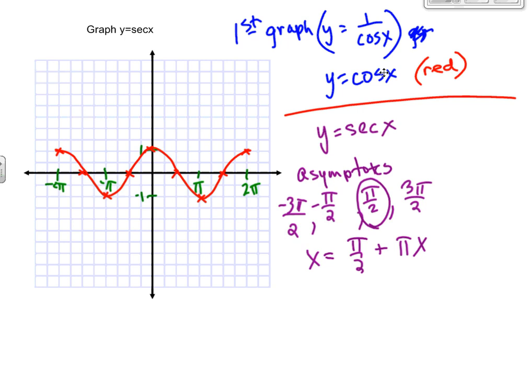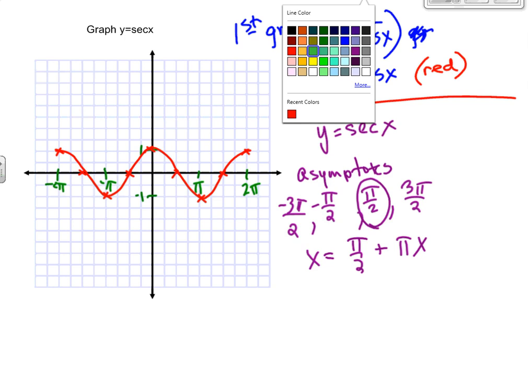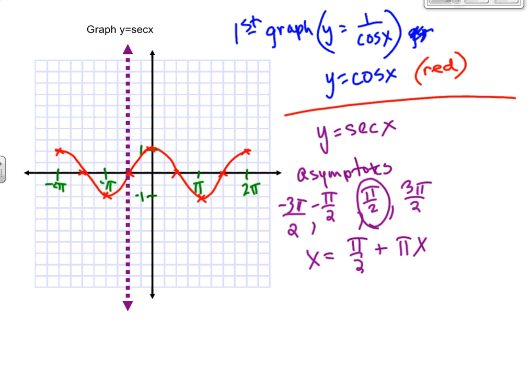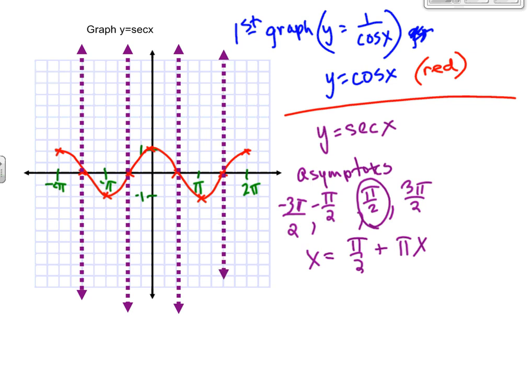And so then I'll just draw in some asymptotes for this graph. And I'll draw them in this purple color. And wherever there's a 0 for cosine, there's an asymptote for secant. So there's my asymptotes. The other things I want to be able to plot here are